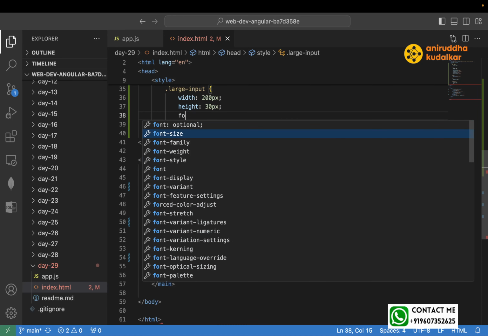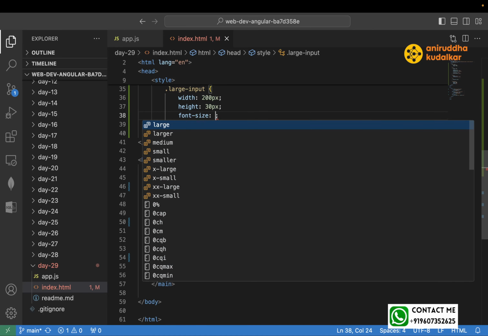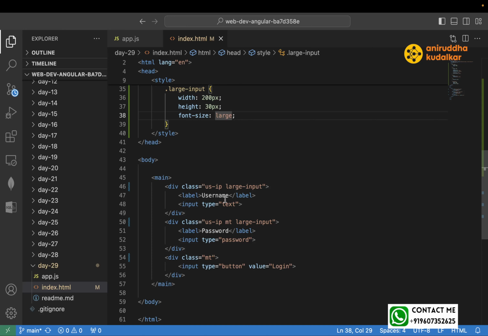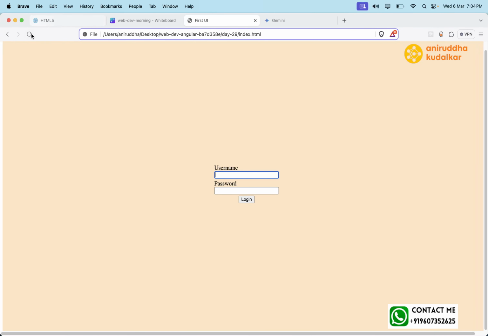Now I know this thing, that's why I'm large. Where exactly? Okay, to the div we are doing it. Large input should be on this input class, input, and just remove this large input from here, and this, refresh it. Can you see? Little bigger,